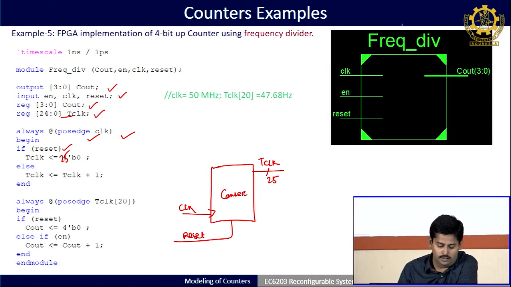So, now what I can do is, if this can be used as a frequency divider, understood. That means one counter can act as a frequency divider. So, this example we have taken is implementing the 4 bit counter in the FPGA. Most of the FPGAs available in today's world have an onboard frequency of 50 megahertz or 100 megahertz.